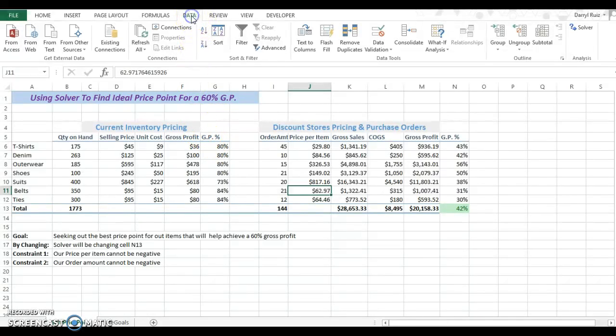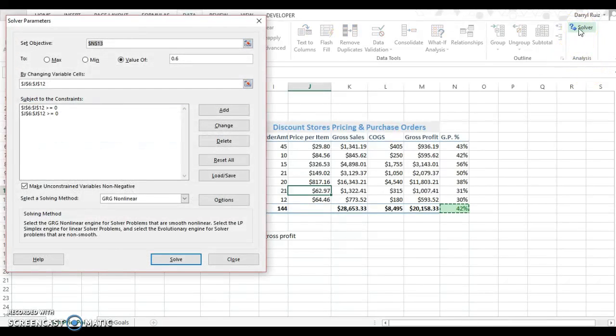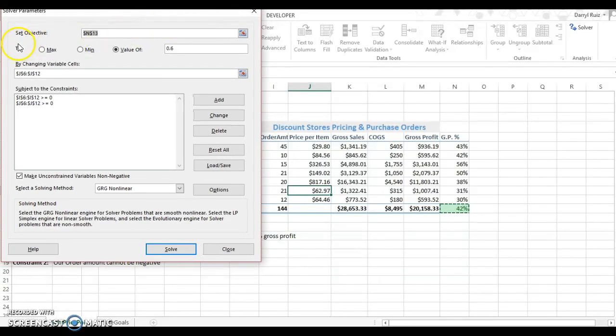Then you click on the Data tab, to the right under the Analysis grouping. You click Solver. You would need several steps. Under Set Objective, you will click the cell that you would like Solver to essentially solve for. Since I want a 60% gross profit margin, I would click here on N13,